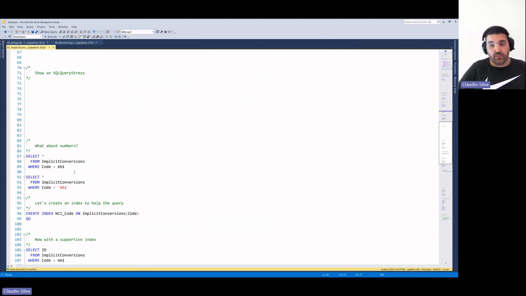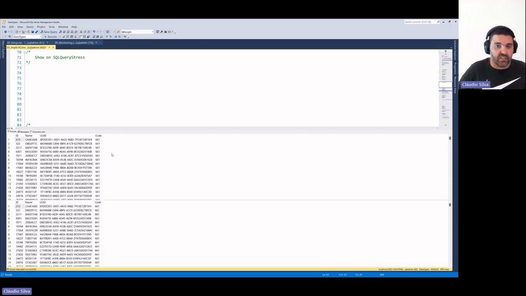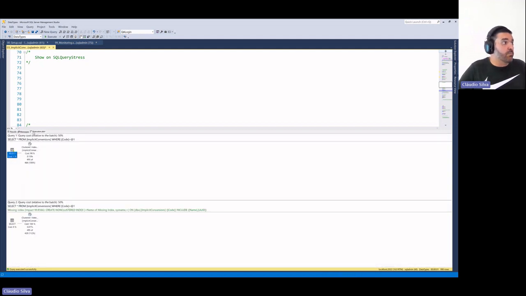Next, what about numbers? I have a column called codes, and because it's called code, I thought I could think about that as a number. The problem is it's not, it's a string, because someone decided to make it a string, which is okay. So the thinking again here is to double check your data types, double check the query that you are running, against which objects, and what are the data types that you have there, especially when declaring variables and doing filtering, because you want to be able to match the same data type.